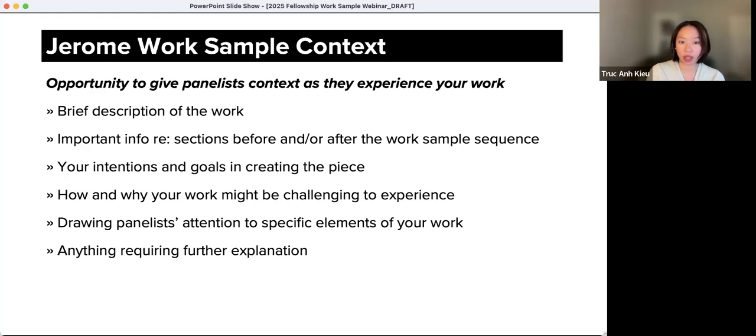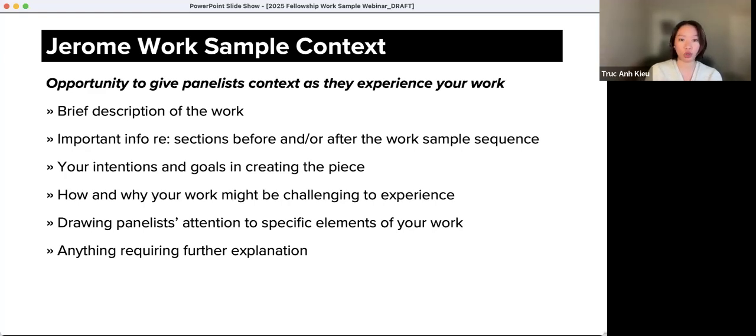This acknowledgement that there are technical issues with the audio recording helps the reviewer note that you are aware of the problem and are working on a solution. This is also where you can share if the panelists are viewing the work itself, such as a film or interactive website, or documentation of a work, such as a video recording of a live dance or theater performance. You can also explain how the work sample format might differ from the live or in-person experience of the work,